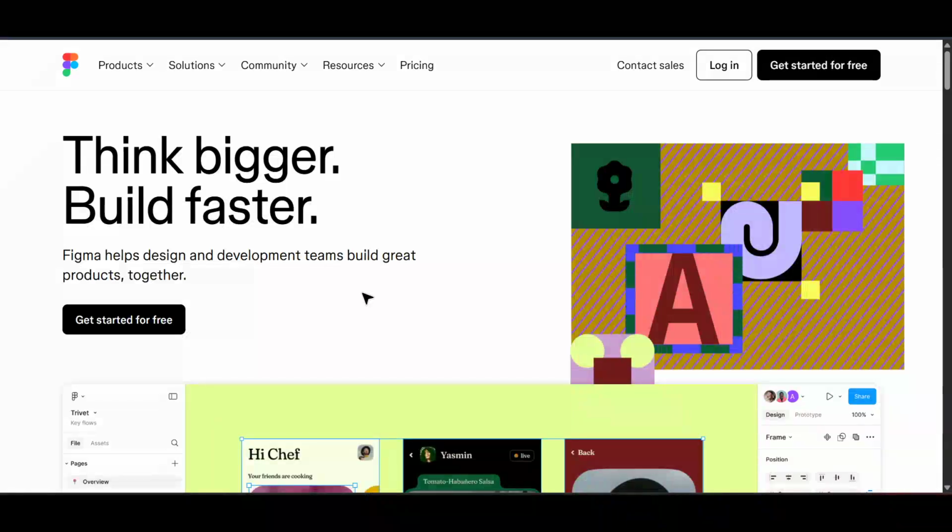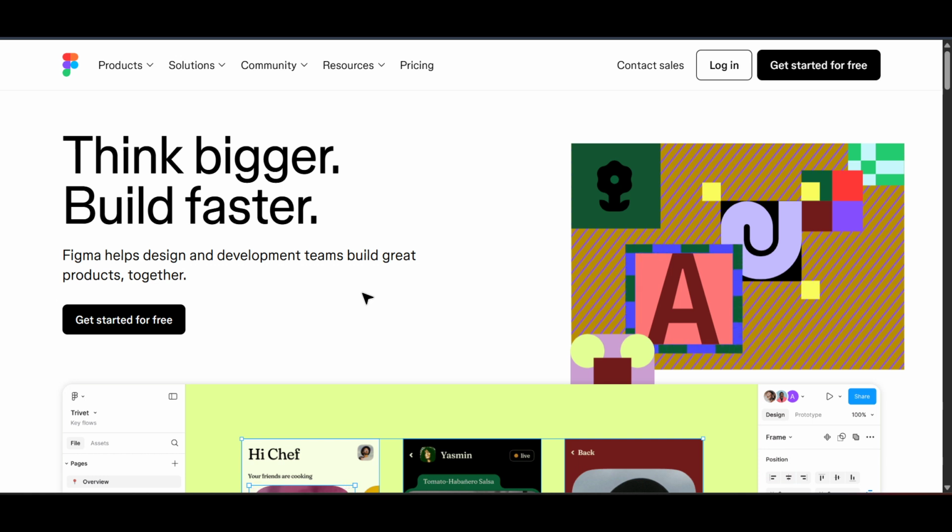In today's video, I'm going to teach you how to paste in place in Figma. If you've ever found yourself struggling to duplicate an exact positioning of an element across your design, then this tutorial is for you. We're going to break down the process of pasting in place, ensuring accuracy and maintaining flow in